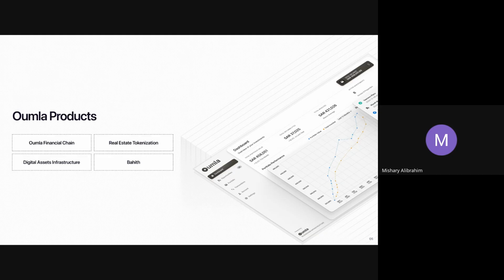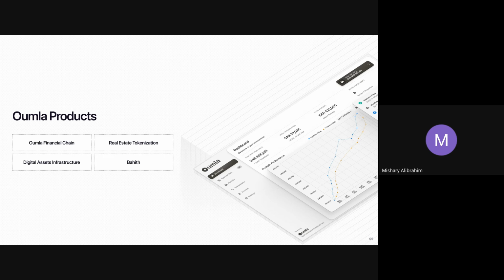I hope anyone here maybe could share if they have interacted with Bahith before or have heard about Bahith, which is basically our analytic tool that could be used even by the governmental sector or even just public organizations, which will act as the source of truth for everything in the blockchain.